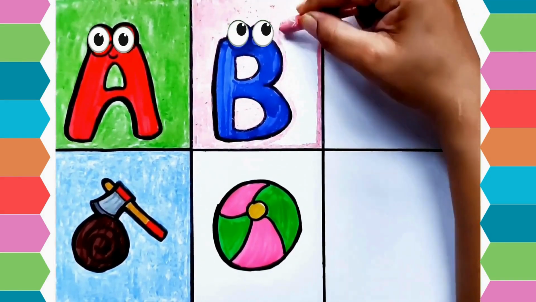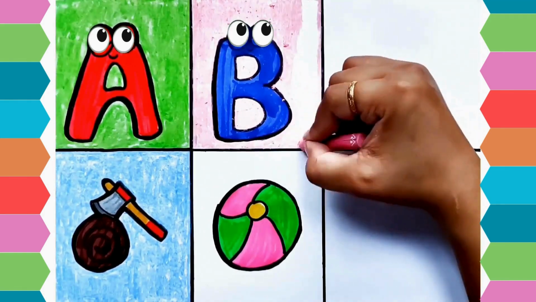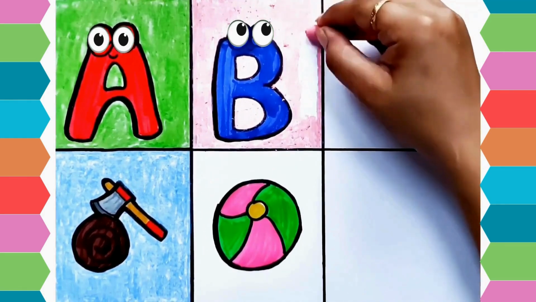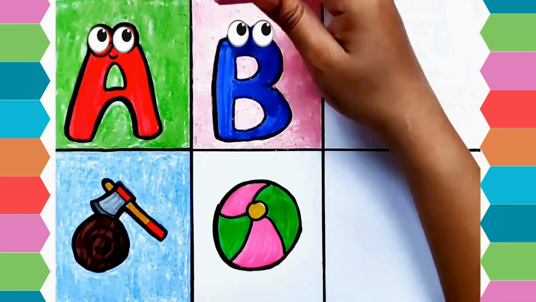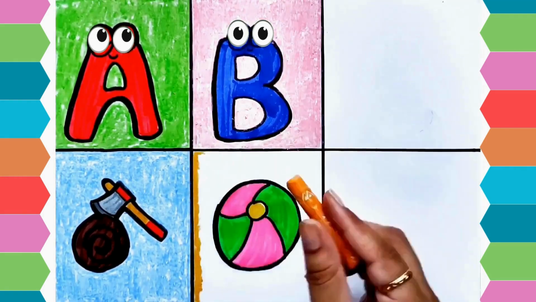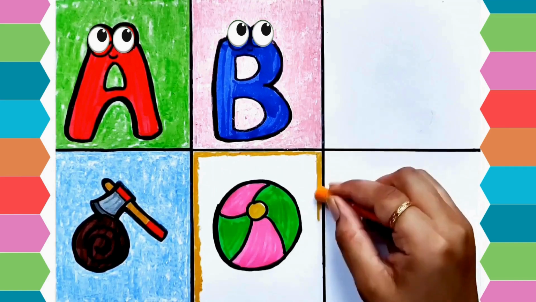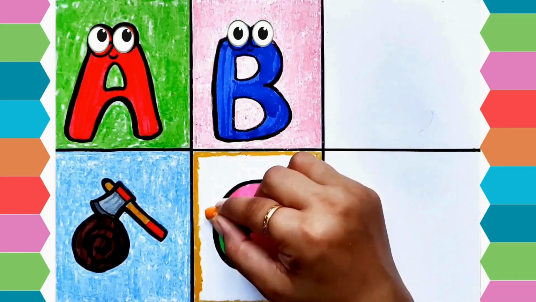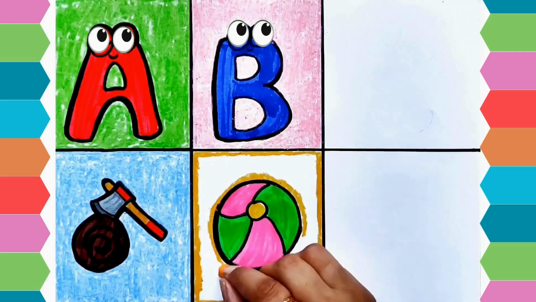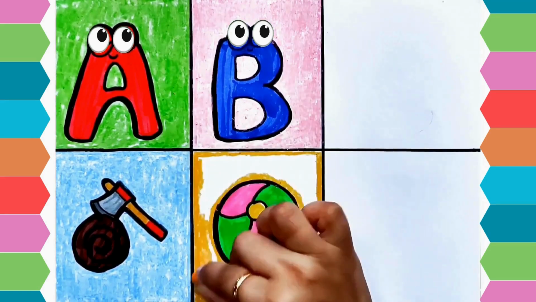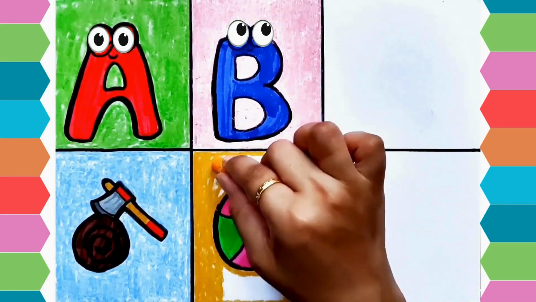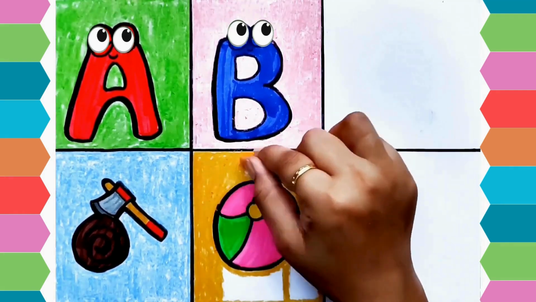A, B, C, D, E, F, G. Come and sing along with me. H, I, J, K, L, M, N. Then, we will color the box of ball mustard yellow. Let's start the alphabet again. A, B, C, let's dance around. Clap your hands, let's make some sound. D, E, F, and G,